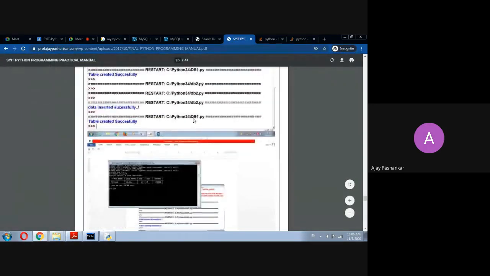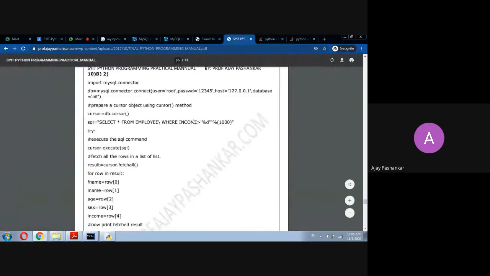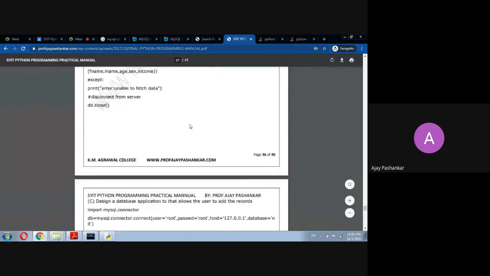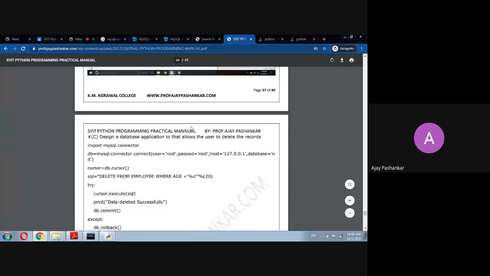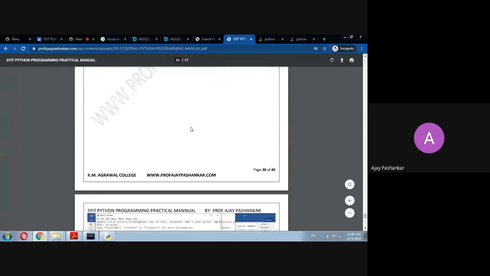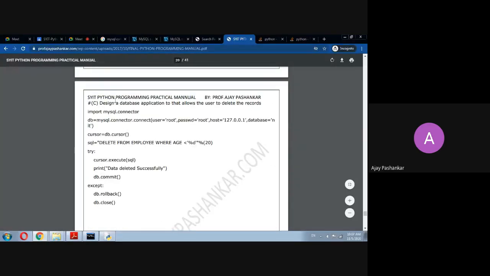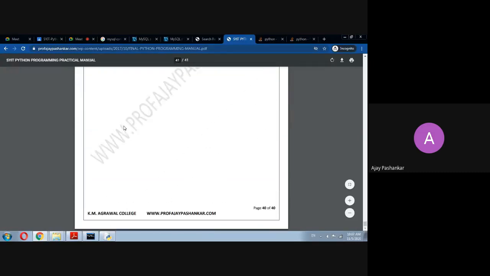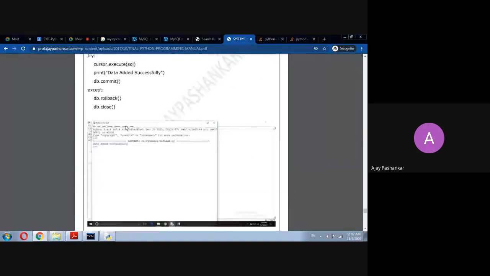This is your practical 10, then B2, B3, C4. So these are the basic uses of these commands. You can just use this.